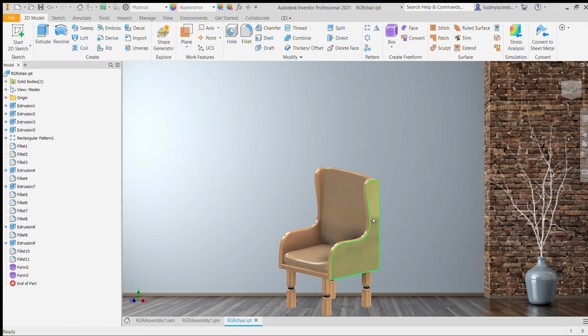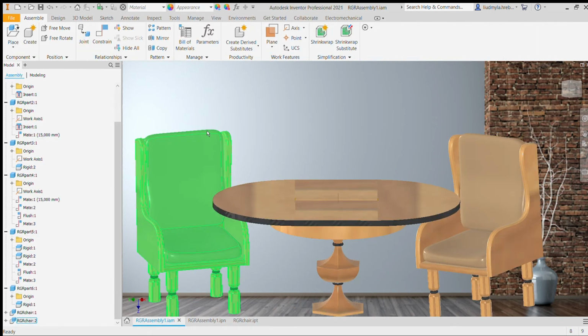Yeah, I used different materials for this chair. Here you can see wood, and I used another material for the pillows, and one more for these decorative circles on the legs of the chair. Let's come back to the assembly, and then I will show you